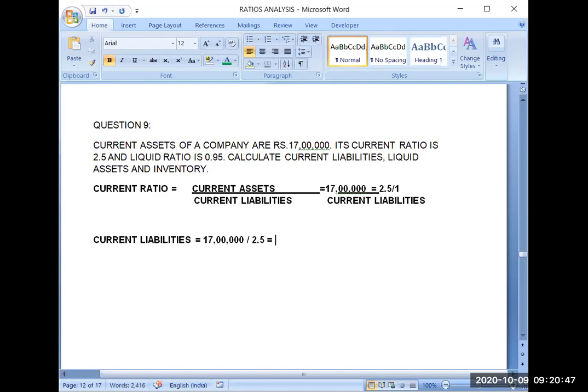Now how to simplify it? If I remove the decimal from 2.5, then the numerator will become 1 crore 70 lakh, and in denominator it will become now 25. Now I can cut this number with the help of 5. So in numerator it will be 5 3 is 15, 25 4 is 20,